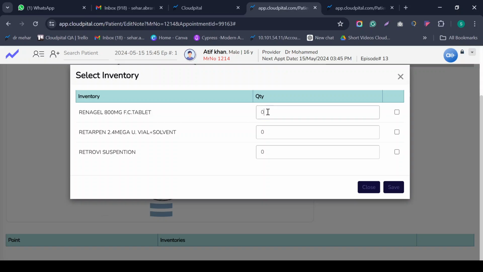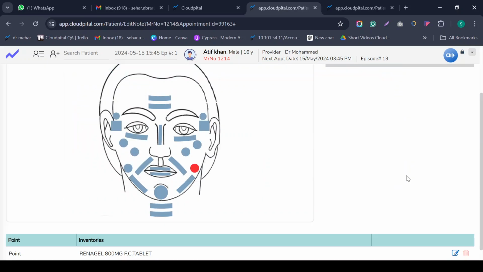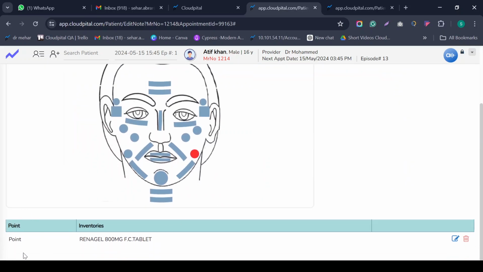So, for example, in that specific part, the doctor prescribed the patient 0.5 milliliter injection value. So they can also select the specific injection inventories in these screens and then simply click on the save button. You can see that the selected point is highlighted, and their inventories will be highlighted, like which injection they want to consume in the filler sections, and we can also edit anytime in any case.